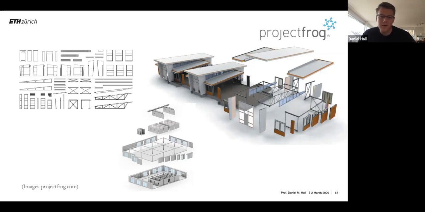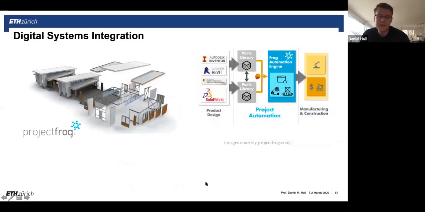But then they went further because they realized that this is very nice for schools, but this isn't necessarily applicable to all buildings. But instead, what if we start investing in digital systems integration, and we become the software that enables different systems to be configured and customized? And that's where they started moving towards more project automation, and they came up with, this is a couple years old, their Frog automation engine. And in a couple of weeks, they're going to be giving a guest lecture in the course talking about their new product, which is called Kit Connect. But I'm not going to go into that. I'm more just going to talk about their older approach.